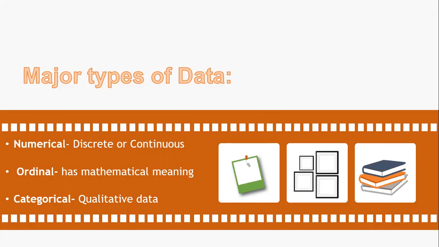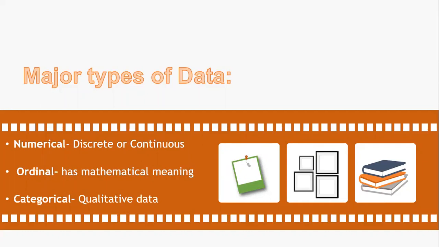Ordinal data has a mathematical meaning. It is the kind of categorical data with a set order or scale to it. For example, ordinal data is said to have been collected when a responder inputs his or her financial happiness level on a scale of 1 to 10. There is no standard scale on which difference is measured.